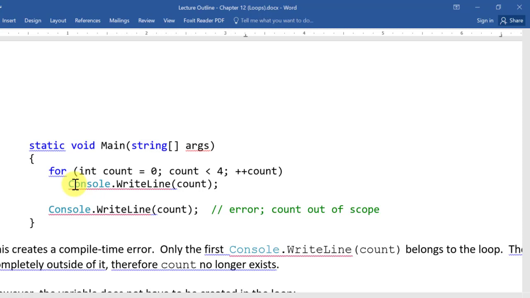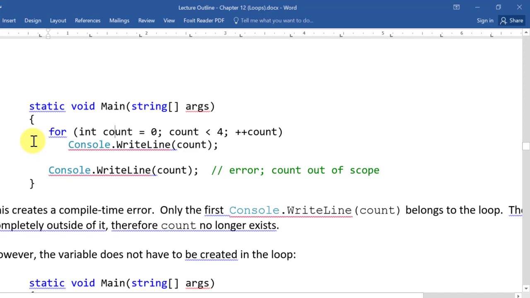It probably has something to do with brevity, just keeping things smaller. But like I say, you can do this. You can call it, I called it count here instead of i. That's perfectly fine. Now, in this example though, one thing about the for loop, this variable that you're creating here,